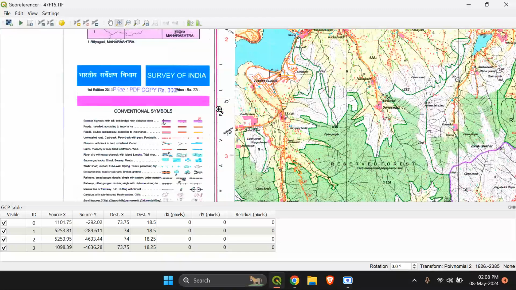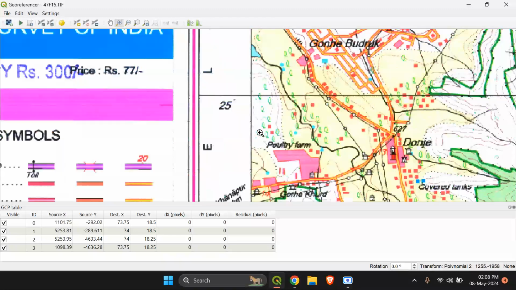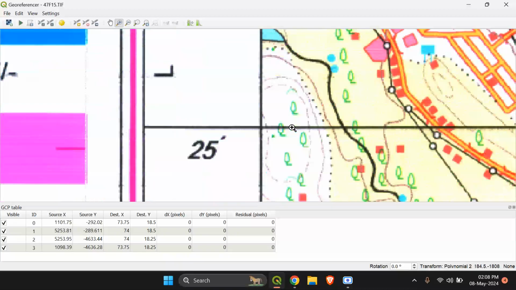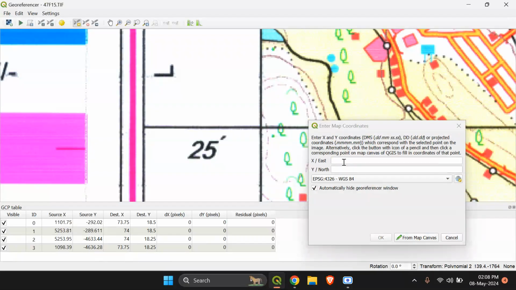Once you have finished the four corners, you go to the middle points where you can see only the value in the minutes, but you write the same values of 73 degrees for longitude and 18 degrees for latitude. Only you have to add the minutes for the latitude.